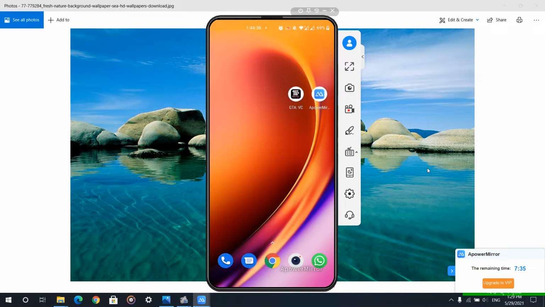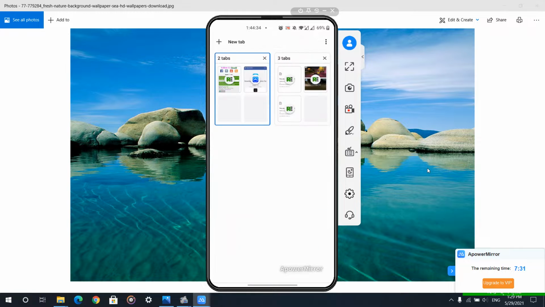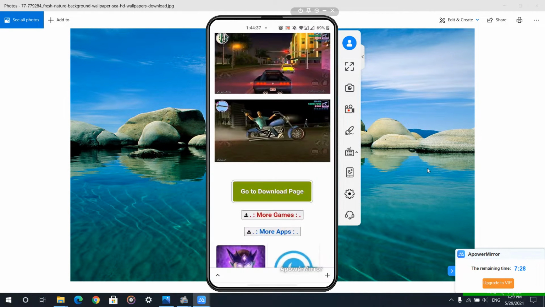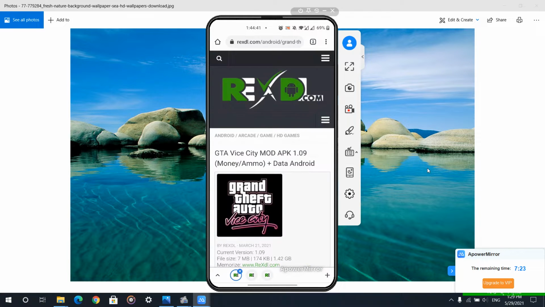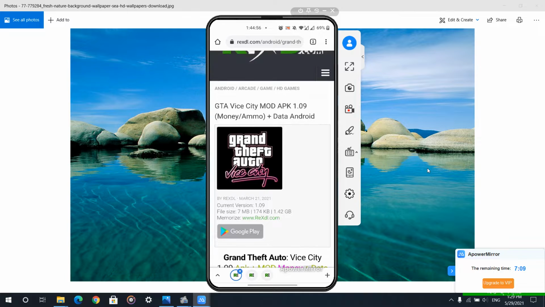At first you have to go to Google Chrome. I will be giving a link to you. You just follow that and then you will be able to download this. Guys, you can see over here is the Grand Theft Auto Vice City game. This is suitable for low MB, low GB mobiles also, so I am showing you this game. Otherwise, I can show you GTA San Andreas also. In the next video, I will be putting that video for San Andreas.